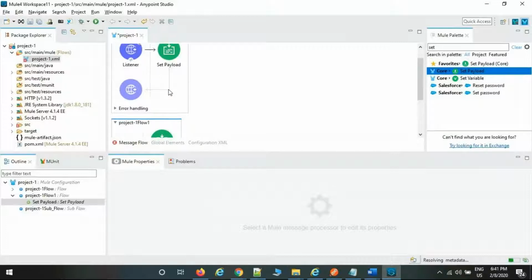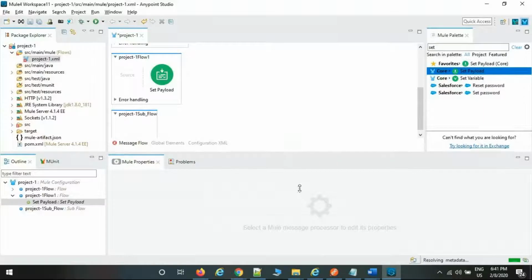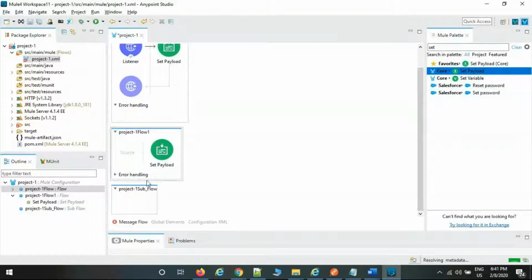First, there are three types of flows: main flow, subflow, and private flow. Main flow has a source, process, and error handling mechanism. Subflow has only process, no source and no error handling.